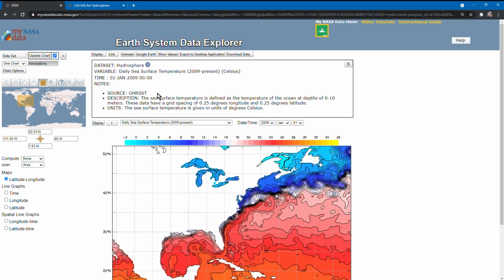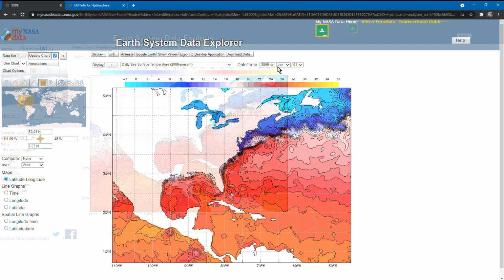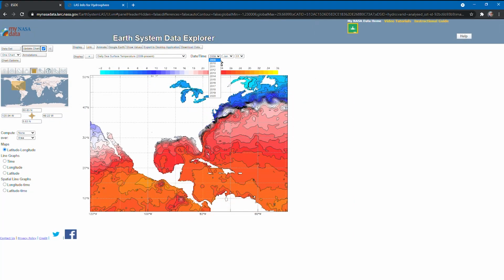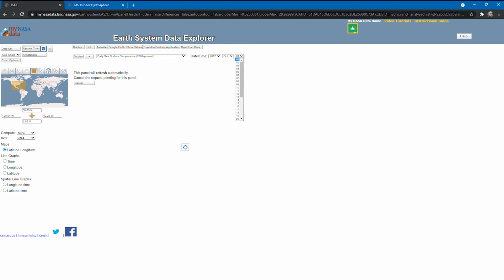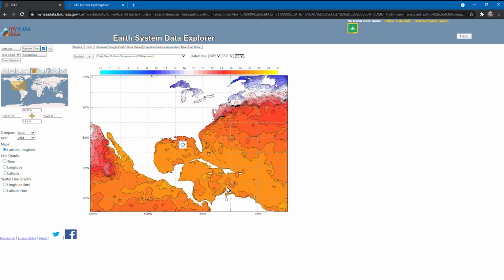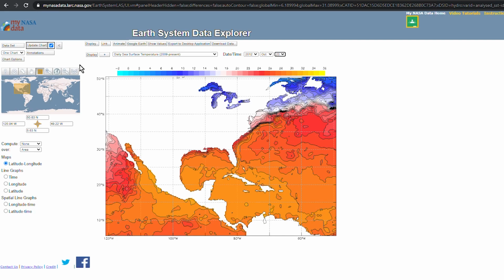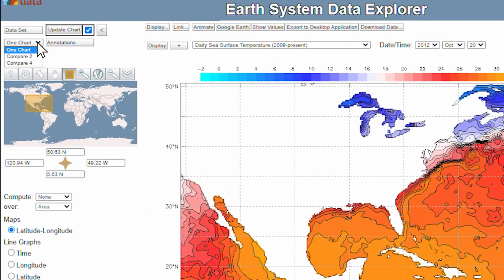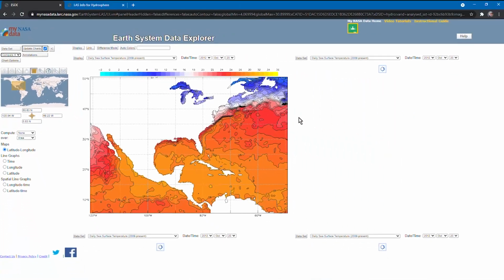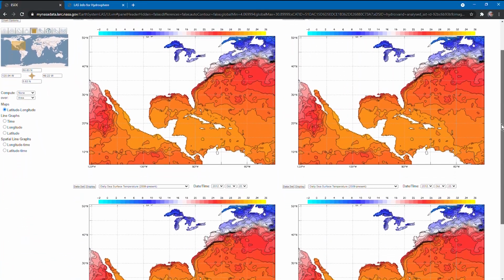Now we can go ahead and select the date we would like to look at. So let us go a couple days before the storm to October 20th, 2012. Already we can see these warm waters here. What we see is useful, but what if we could look at more information? Maybe we could use this one chart using the Compare To or Compare For features focusing on comparisons for the moment. We can actually look at 4 slides of information next to each other.